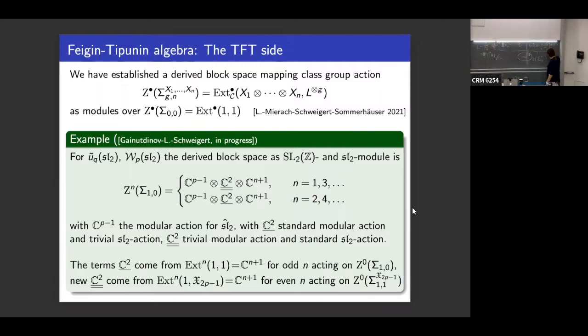Here there is an action of the mapping class group of genus 1 with one puncture, but it factorizes to an action of the mapping class group with zero punctures, more or less, because the twist of this has to be 1 since it's in the same block as 1. So the mapping class group action is actually on the torus without puncture. And now what we can do is glue to this not an element of the Ext algebra, but we now also have Ext between 1 and this X. So it's like a torus decorated here by 1 and here by X. And I can glue this on, which means taking the cup product in cohomology.